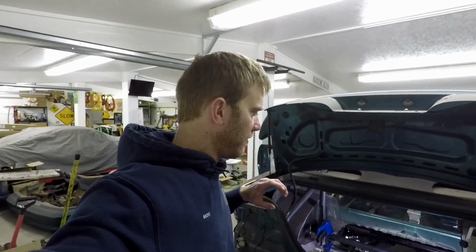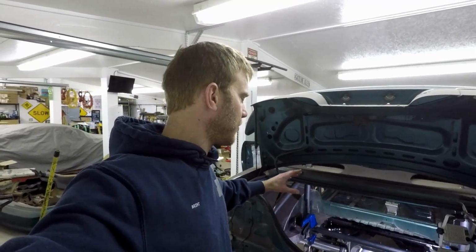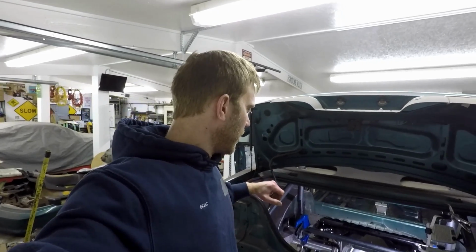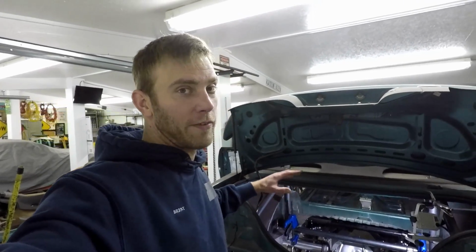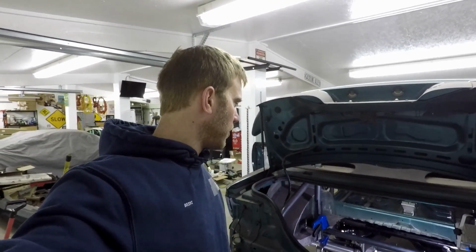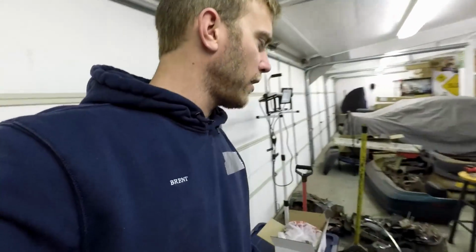Things are already so tight back here with this triangulated four-link that it gets kind of messy, and I don't know that I'll be able to. I wanted originally to have everything under the floor pan or the trunk pan, but from what I can tell, it's not going to work. So I think I'm going to do